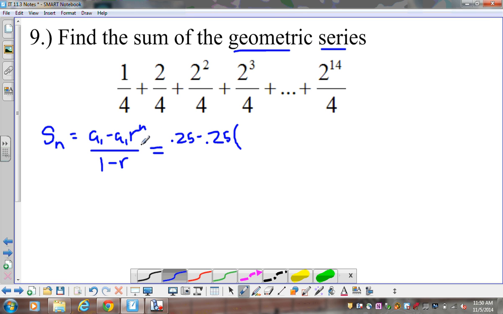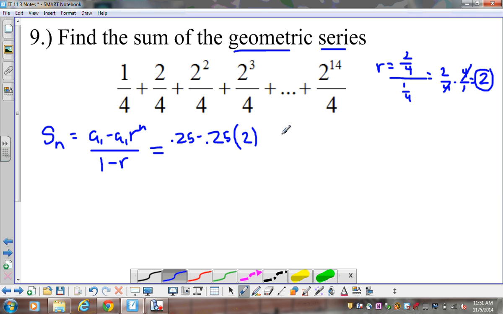Now, I've got to know what my common ratio is. So let's look up here to the top right for my common ratio. I can take my second term, which is 2/4, divide it by my first term, which is 1/4. But instead of dividing by a fraction, let's multiply by the reciprocal. So that's 2/4 times the reciprocal of 1/4, that's 4/1. My 4's cancel, so I'm left with 2/1, which is just 2. So my common ratio is 2